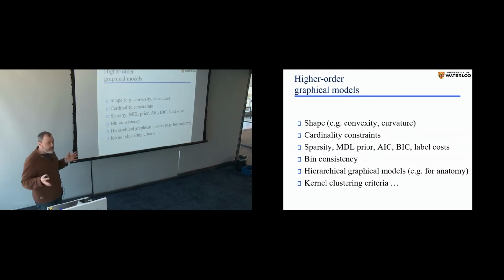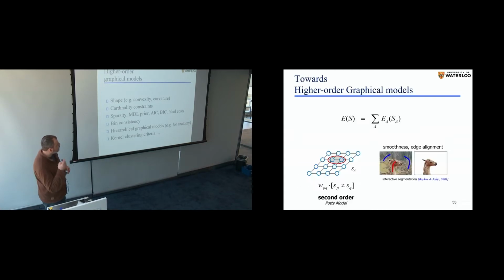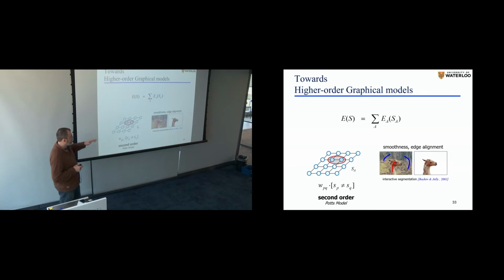So you can represent quite complex concepts from geometry or information theory using high order potentials, and some of them you can optimize well. Let me give you a couple of examples of high order models. We started from pairwise. I'm just reminding you where we were. Pairwise means you have only factors of size 2.